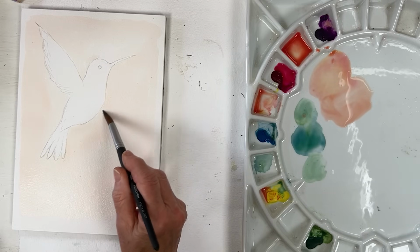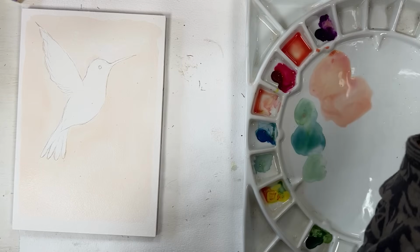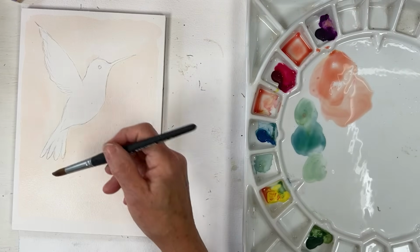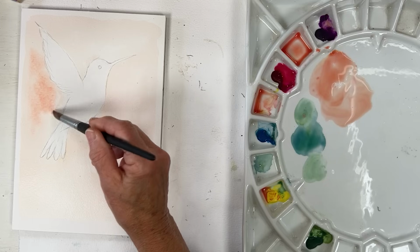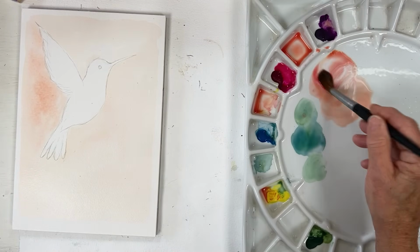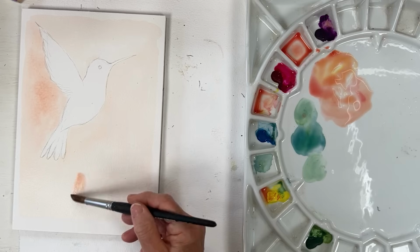So since this is all about the bird of joy and lightness, resilience and endurance, because as I mentioned in my last video, we did have a pretty unpleasant sort of week last week, and so now I'm just popping in a bit of slightly darker pinky apricot. And for a while I didn't even really want to paint,